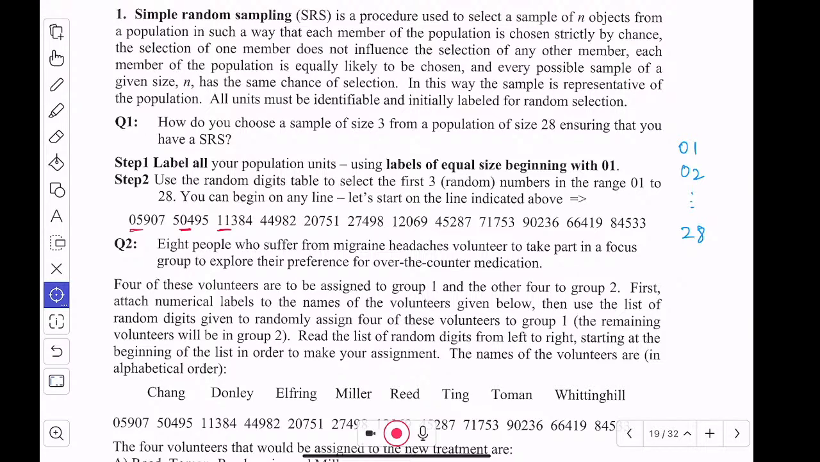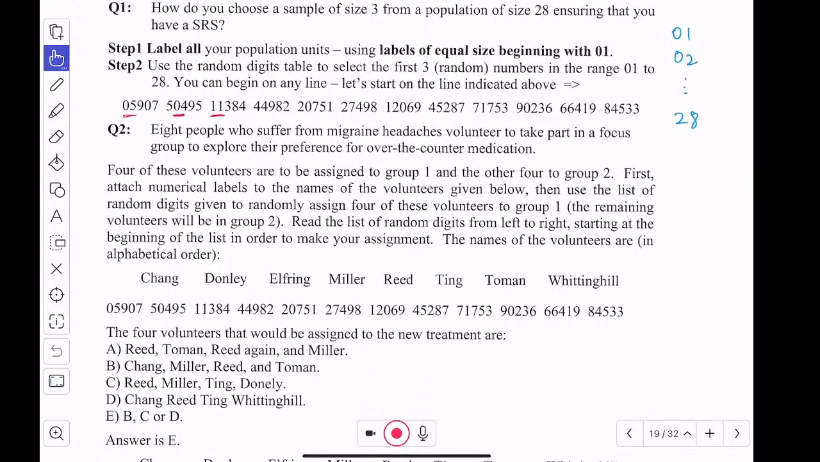Okay, here's another example. I wanted to show you how to choose 2 at a time. In this exercise, there are 8 people who suffer from migraines, and they want to take part in a focus group on their preference for over-the-counter medication. 4 of these subjects are assigned to group 1 and 4 to group 2. First, we have to attach labels. Now, the issue here is I don't give precise instructions on how to label, so you're kind of left